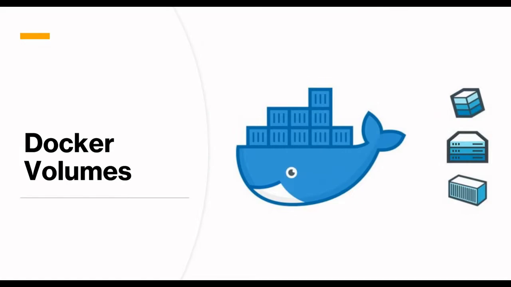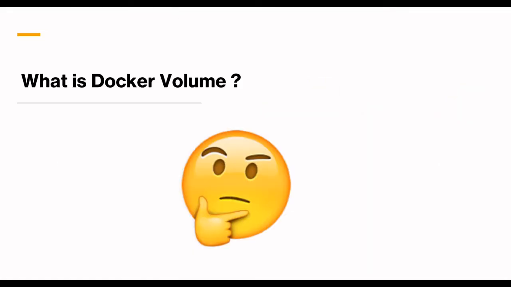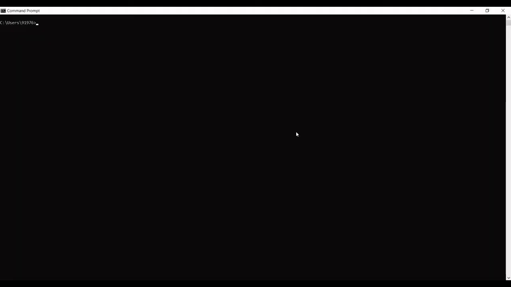This is Rajesh here, and today's topic of discussion is Docker volumes. So, what is Docker volumes? In simple terms, Docker volumes are file systems mounted on Docker containers. The basic idea behind mounting the Docker volume on the Docker container is to persist data even when the container is stopped or removed. Let's get into the demo. This will make more sense rather than understanding it theoretically.